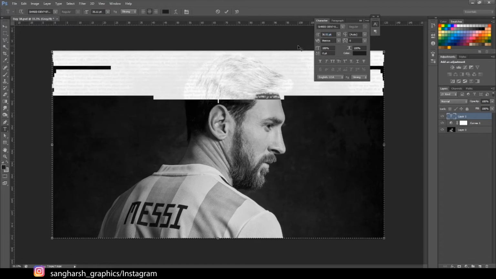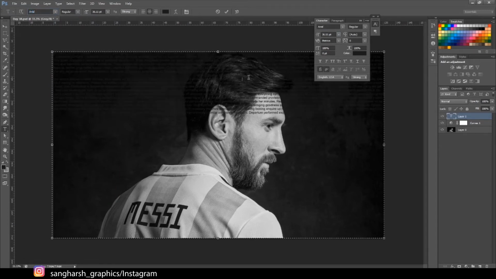Adjust the size of your text according to you. Okay, here is a paragraph remaining. Let's delete it first.